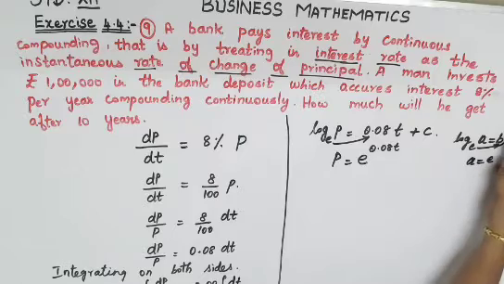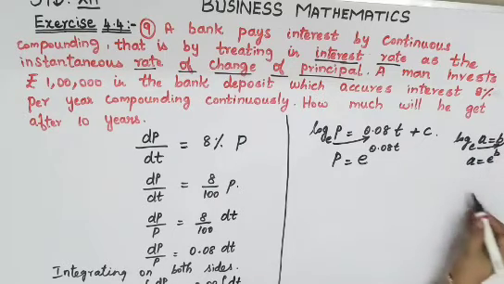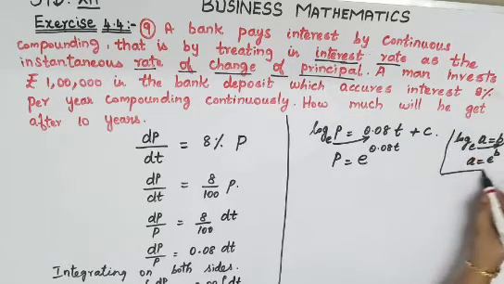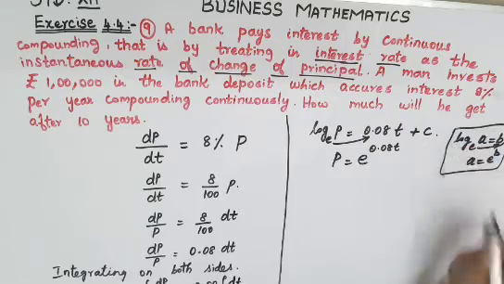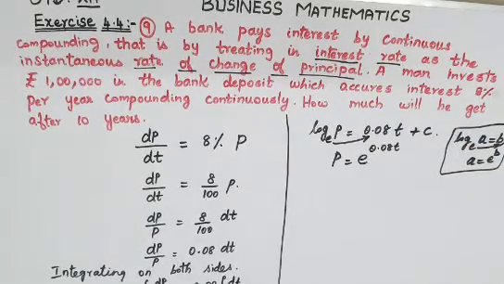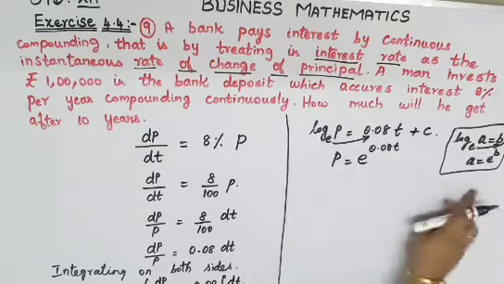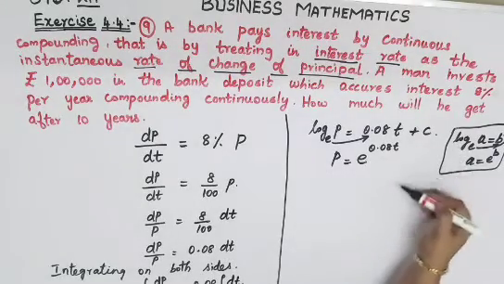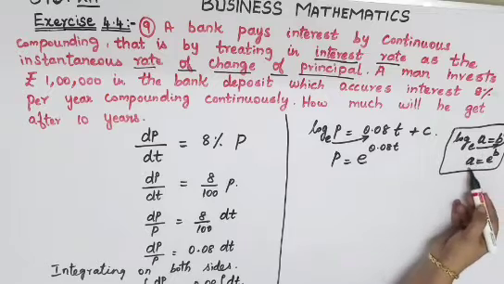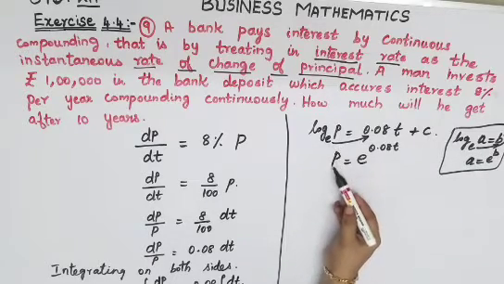This b should go to the power, so it will become e power b. So this is the normal general format of a log, that is, removing your log, you can use this format. Now the same format we have used here. If you want, you can check it. Strike out the log over there, just remove the log. A will be here. So in the place of a we have got p.